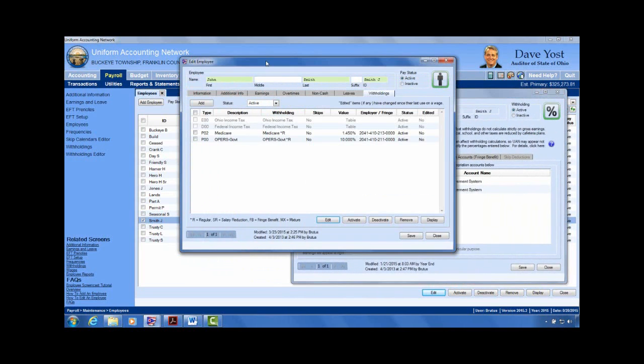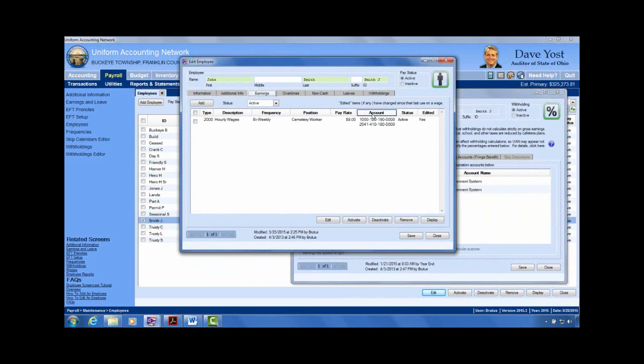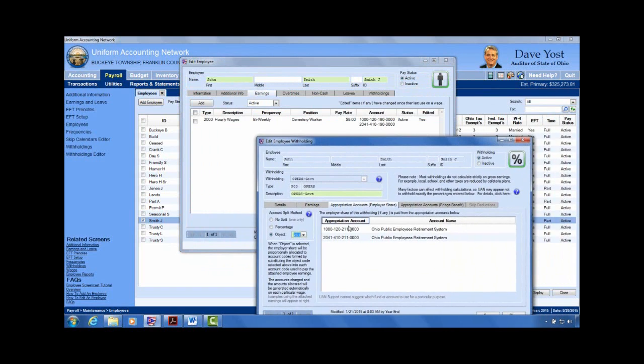And I'll come back to my edit employee screen here and show you the earnings again. Remember, I added the general fund, and so now when I choose object, it looks at the fund and the program code that I've selected for my earnings and says, well, when you pay that 14% for OPERS regular matching portion, the employee share, follow the distribution of the hours you're paying for the earnings and distribute it proportionally